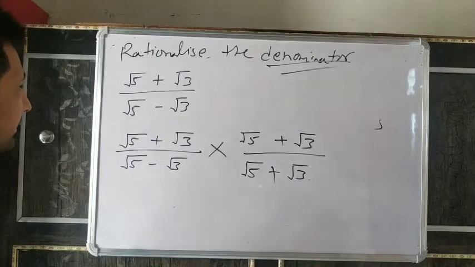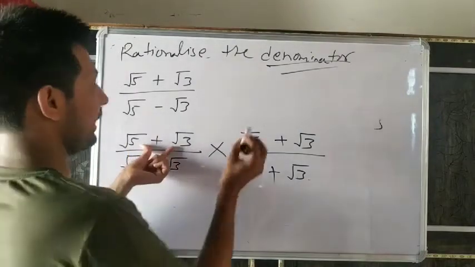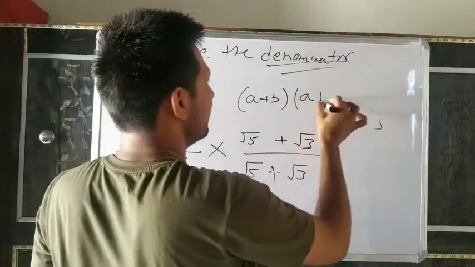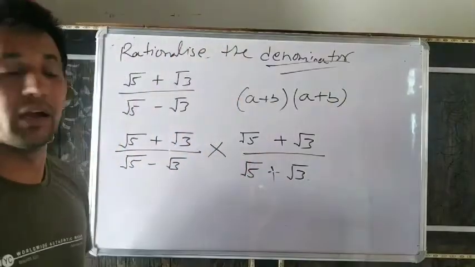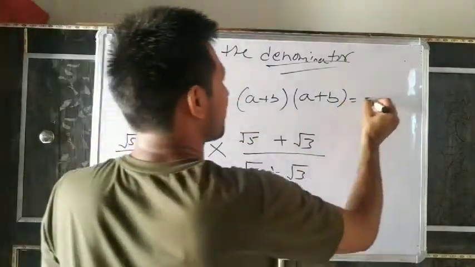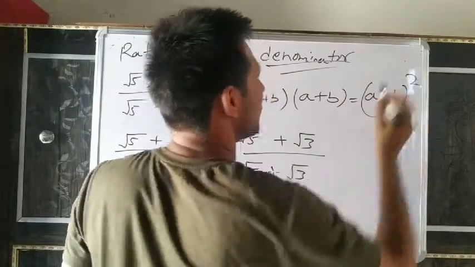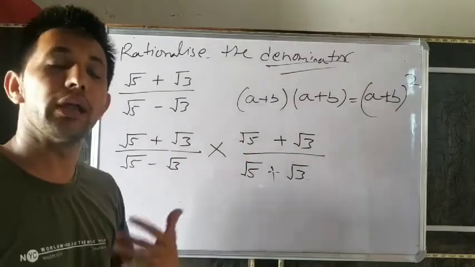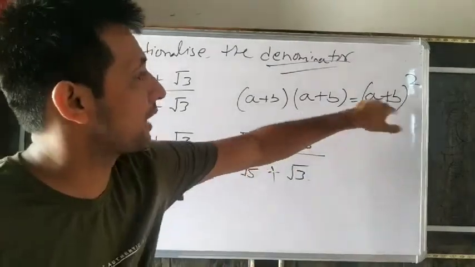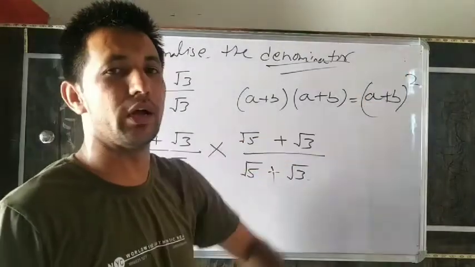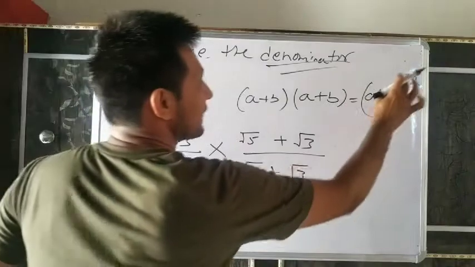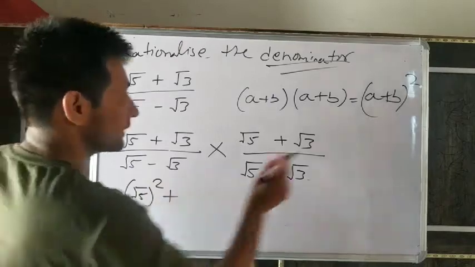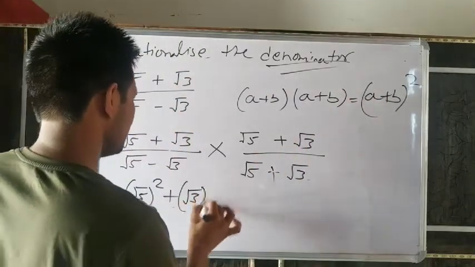So always we will multiply and divide by the same number. Now tell me, a plus b. Look, it is a plus b, do you understand? What does it become? A plus b whole square. So the numerator always becomes a plus b whole square, or a minus b whole square. It is a formula you already know: a plus b whole square, first number squared, a squared. What is a? √5. So √5 squared plus b squared, √3 squared.